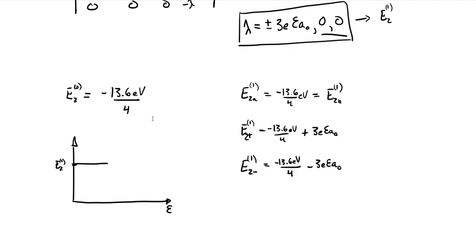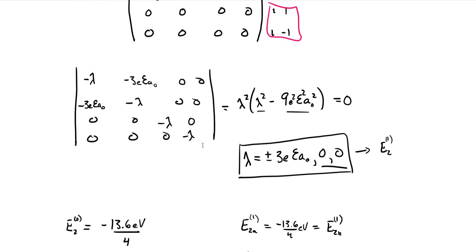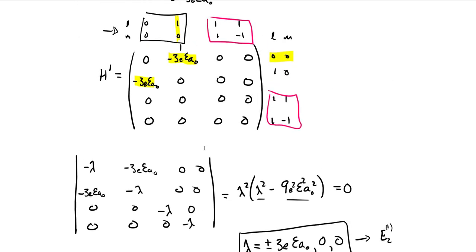Two states just stay flat like that. One of the states gets larger in energy, one of the states drops in energy. To figure out what those perturbed states look like, again, we're diagonalizing this perturbation Hamiltonian in our subspace. We already know, as I mentioned before, that this is already diagonal in this subspace.